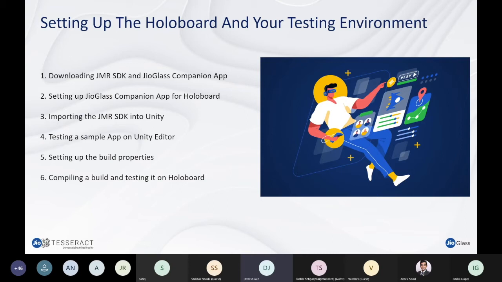Savan, you've asked, there is an orientation problem with the UI while testing it in HoloBoard. So could you elaborate what you mean by an orientation problem? Yeah, hello. Yeah, Adesh. So the problem is that we need to set the device at a particular angle to see the UI. Okay, and because of that, the UI gets floating around and we can't see it in front of the screen.